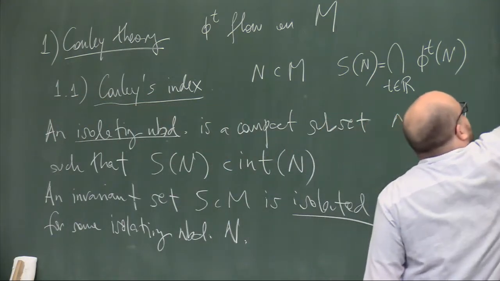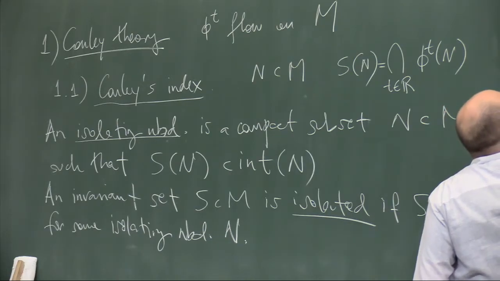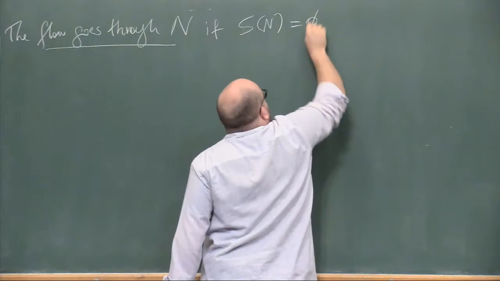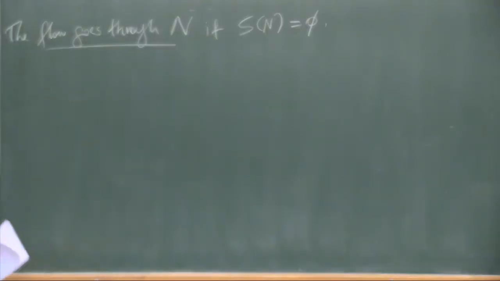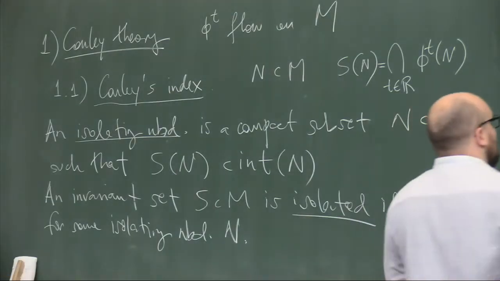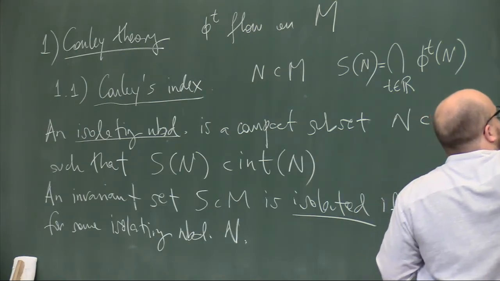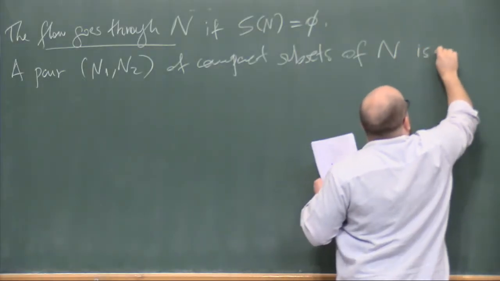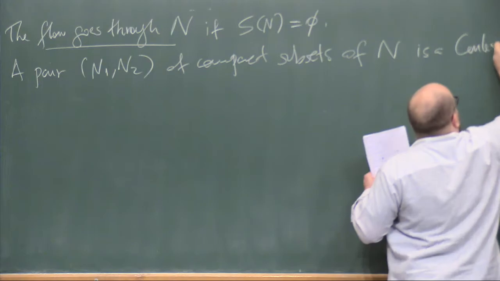I will say that the flow goes through N if S(N) is the empty set. So it could be empty. Okay. A pair N1, N2 of compact subsets of N is a Conley pair